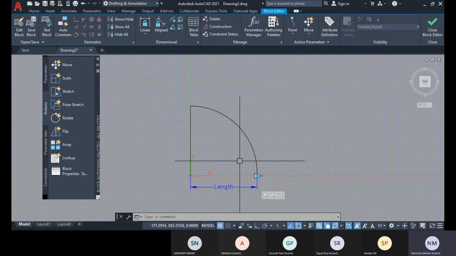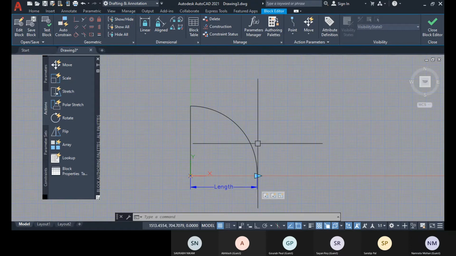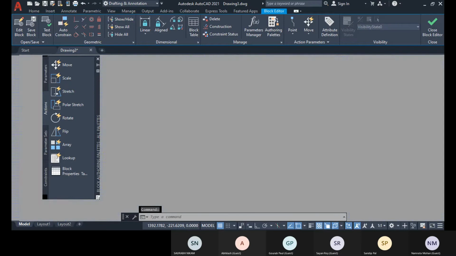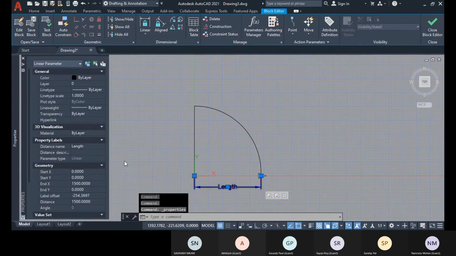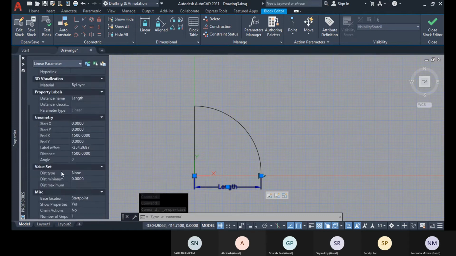Now see, I was changing the length randomly, correct? There I can put the value as well. So that option is also available, that I can give how much to stretch. But all the time I want to restrict it to a particular dimension. Like I know that within this dimension I have the door sizes, right? So for that I will select this parameter, and go to the properties palette of this parameter, and there I have this value set.